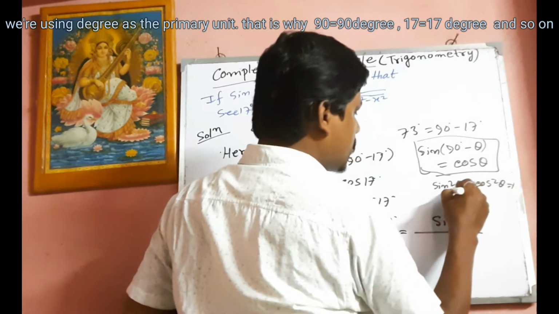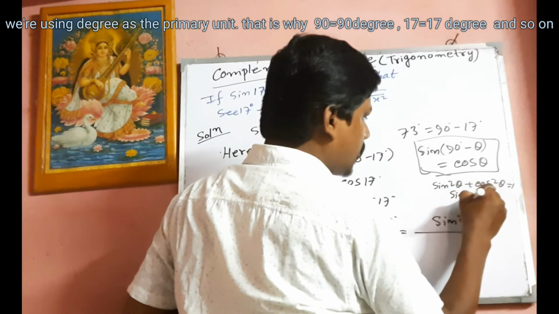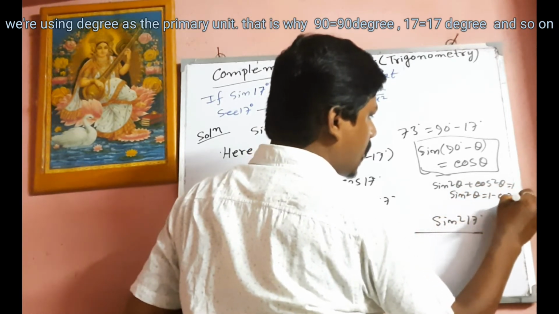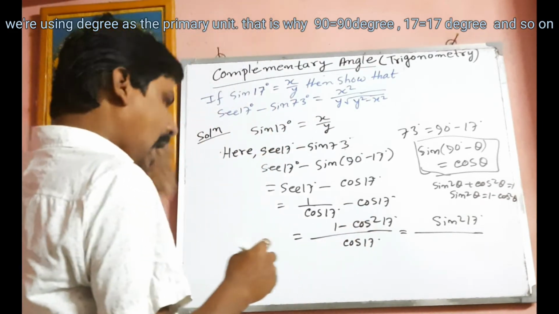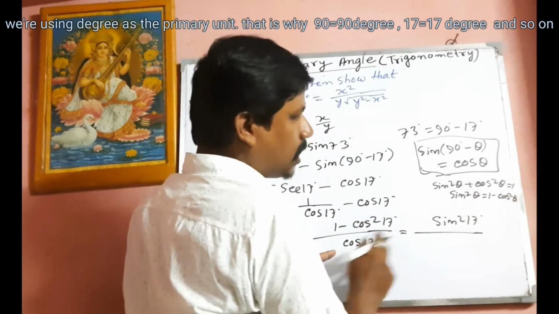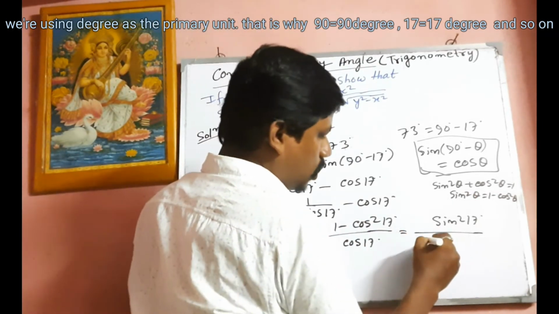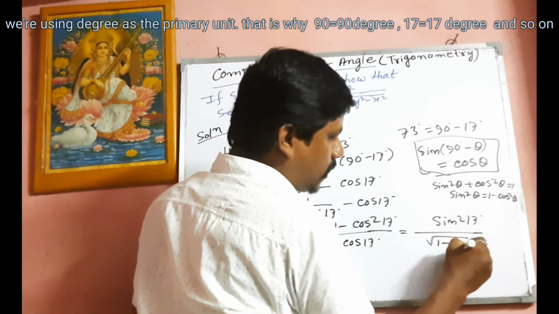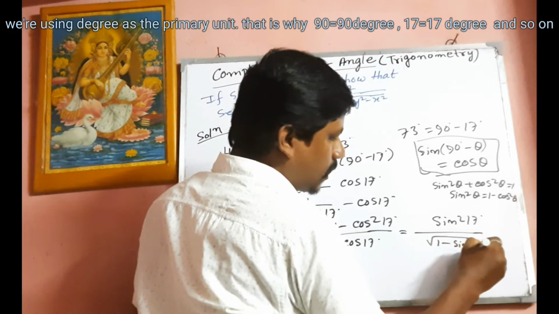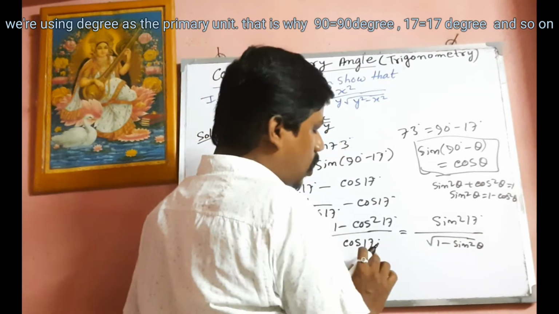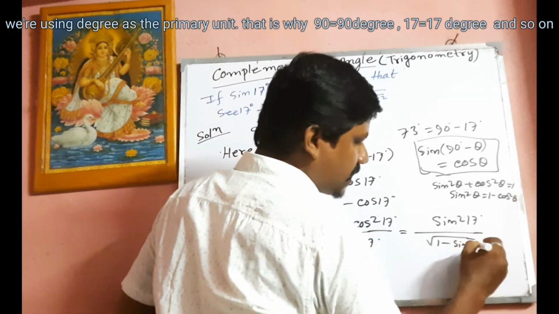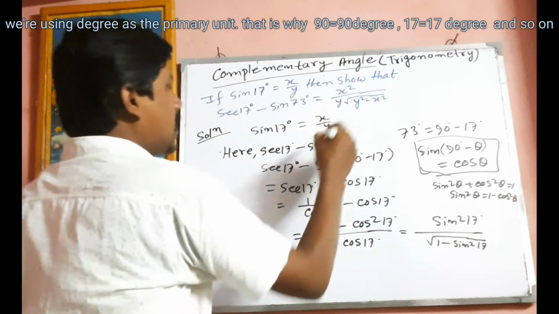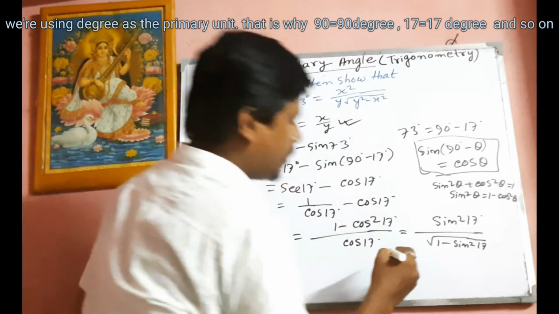And similarly cos theta means root under of 1 minus sin square theta. For the cos of 17, theta is equal to 17 we put here, and putting the value of this we get